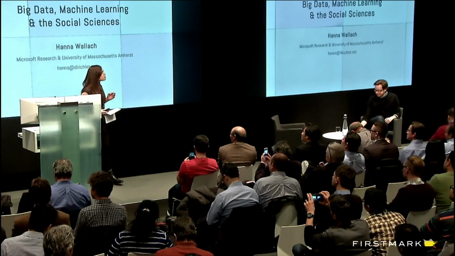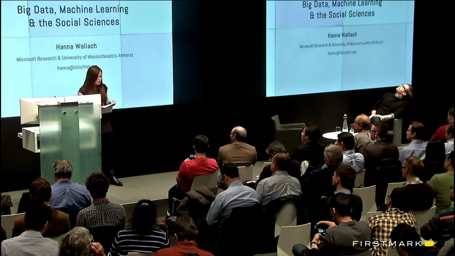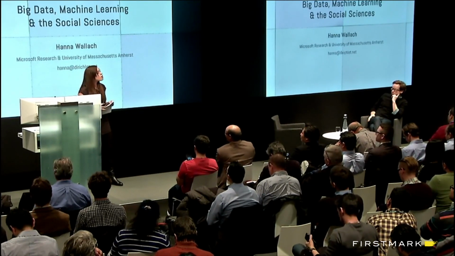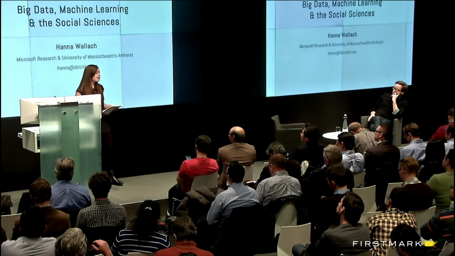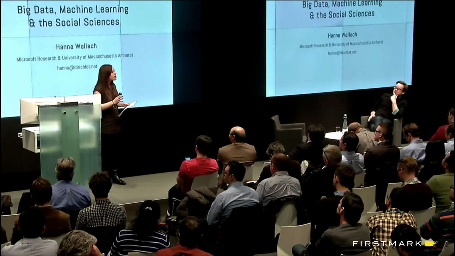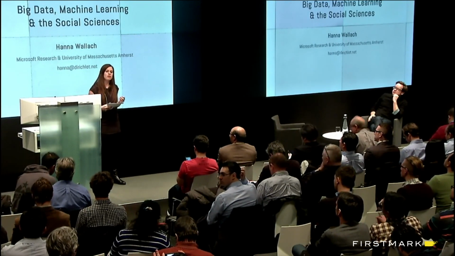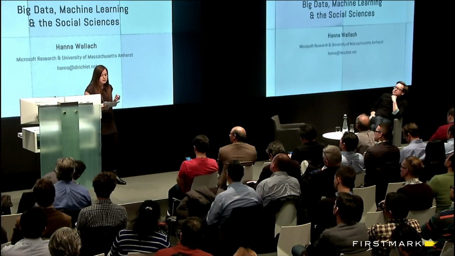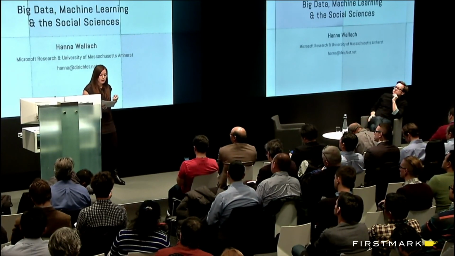Instead, most of my recent work has been in the emerging area of computational social science. That is, the development and use of computational and statistical techniques in order to study social processes. So, this is really fun, and this shift in direction has given me an opportunity to start thinking outside of the algorithmic boxes that are typically embraced by the machine learning community, and instead to focus on the opportunities, the challenges, and the implications in using machine learning methods and developing machine learning methods to analyze real-world data